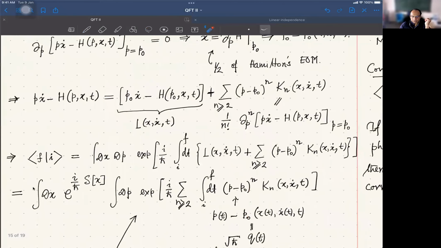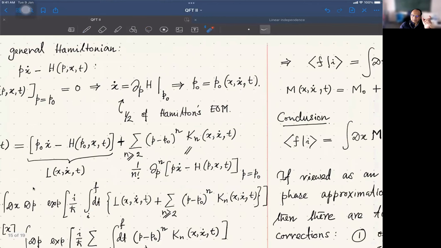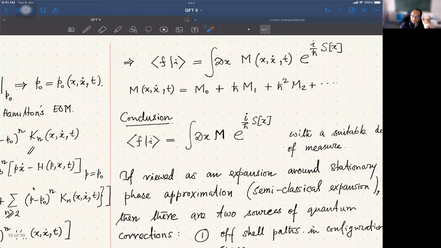If you have defined the theory by giving a Hamiltonian, H of p, x, t, that is what defines your theory, then you have to figure out what the path integral statement is, using the usual Schrodinger method. Okay, so